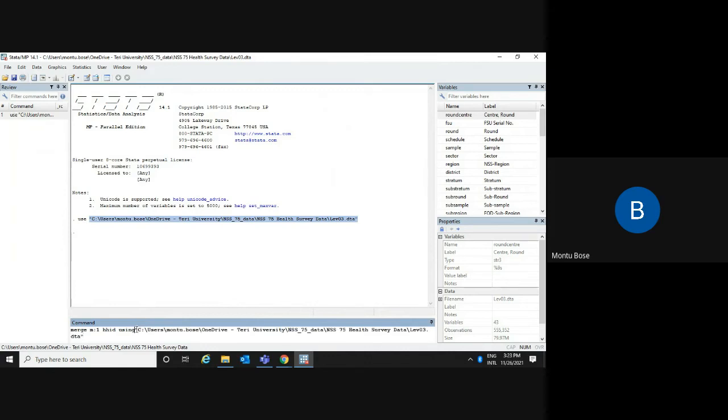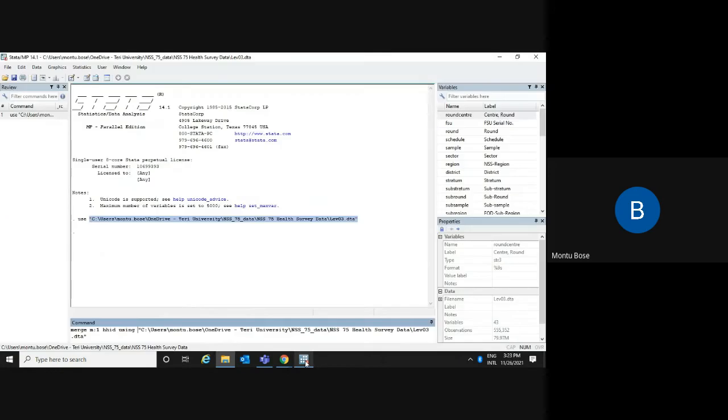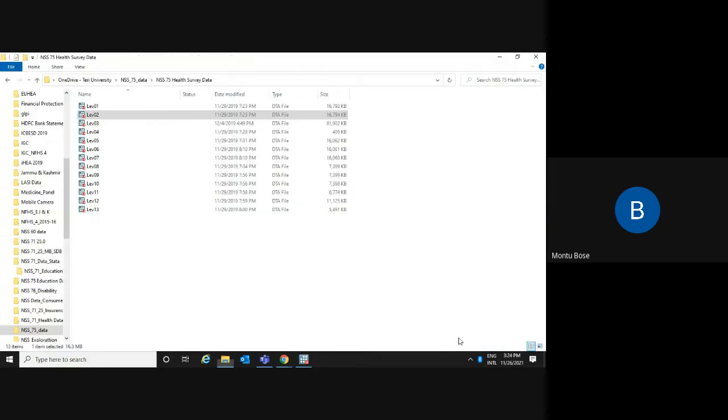If it's not there, I would suggest you open the folder, click on the top, copy the path, and then paste it in Stata so that you get the required path. And now my file name is level 2, that is lev02, which is the household level record we could see from here.